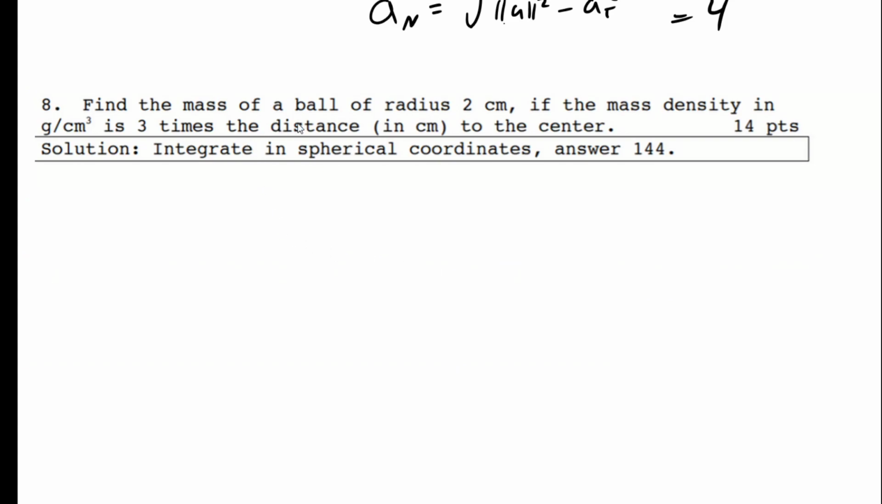Okay, find the mass of a ball of radius 2 centimeters if the mass density is 3 times the distance to the center. So what this is describing is a ball, and let's just say the center's at the origin, and the density depends on how far out it is. So rho,